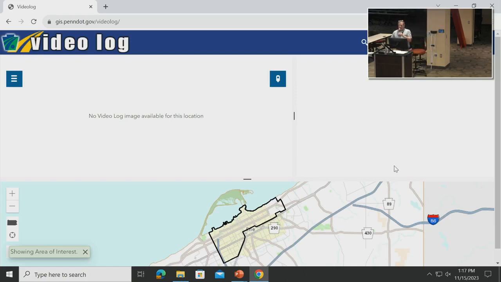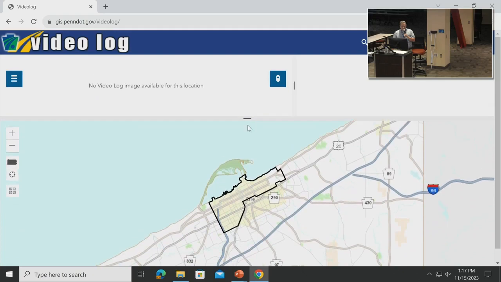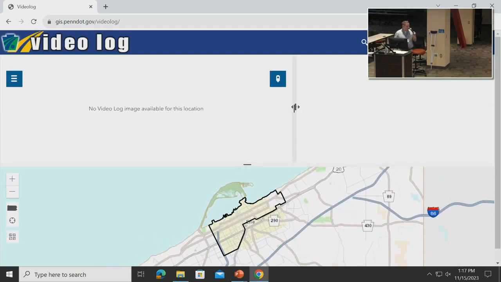Now, as you can see, we have 3 different panes on here. They are fully sizable, so you can drag them, make one bigger or smaller, and of course, when you make one bigger, it makes the other one smaller. That's one of the difficulties with this application, it's not one size fits all. Whatever size you want to make it, you can make it.